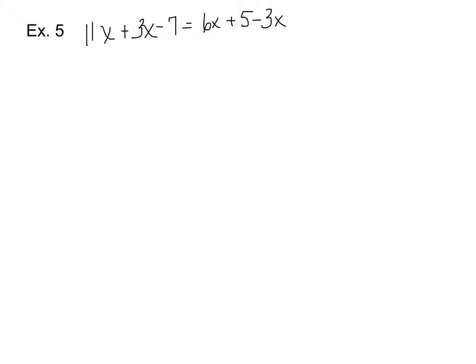Okay, now we're going to try another example. If you notice, I have variables on both sides. So what you want to do is combine like terms first on both sides. Now remember, you don't have to do undo operations because you're not moving one variable to the other side. Okay, so we're going to combine like terms on this side, and we should get 14x minus 7. And then over here we get